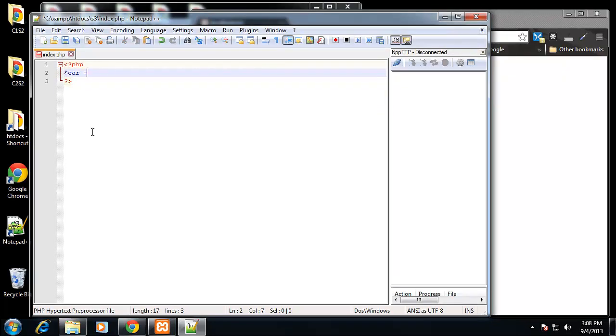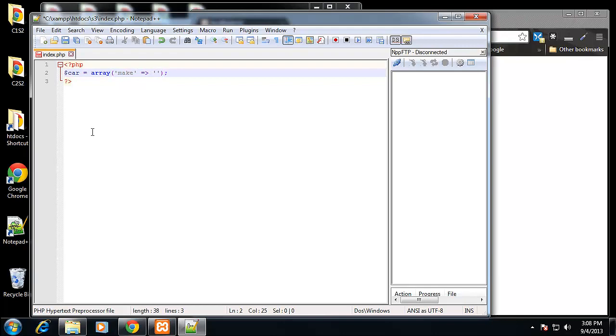So we're going to say car equals array, and we'll say the first value we want is the make. Alright, so we'll say make, we need quotes, and then we want to use the equal sign and the greater than sign, and then some more quotes,